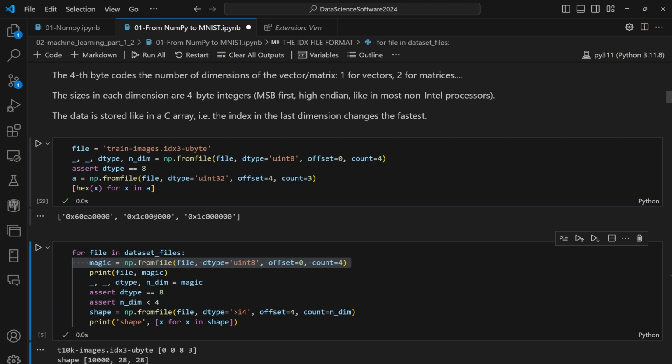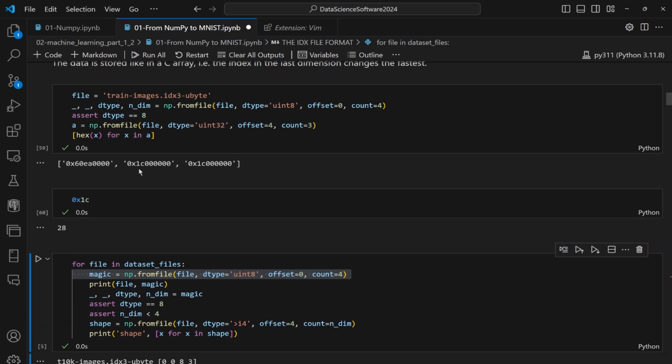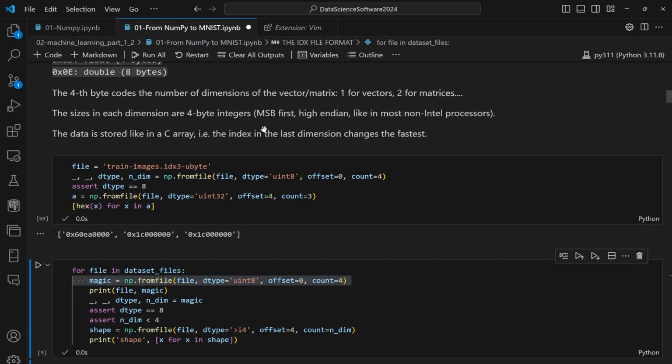In fact, if you do some calculation, you can see that 0x1C is in fact 28. The MNIST images should be of size 28 by 28. So we should rearrange these numbers into the right order. How do we do that? We can do it manually by loading these numbers and doing some bitwise operations to shift something to the back and move something to the front. We can do that, but NumPy has the capability of reading